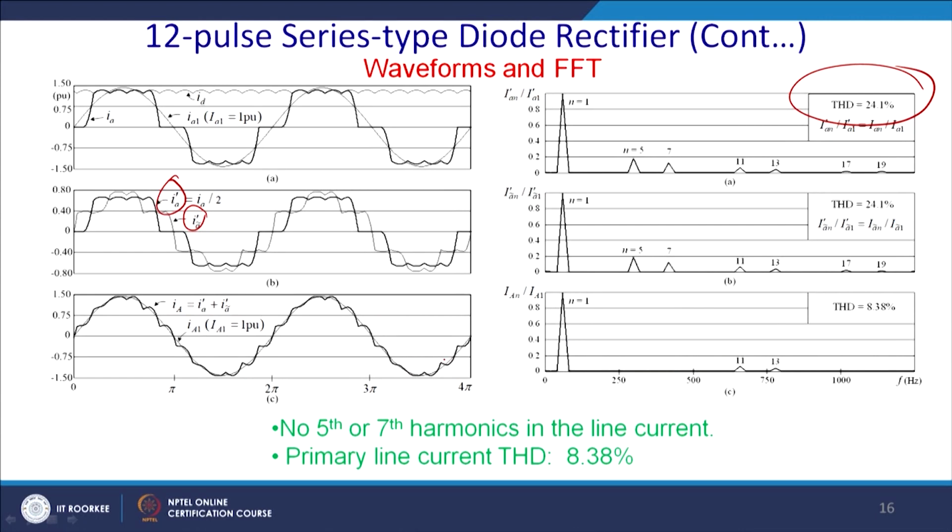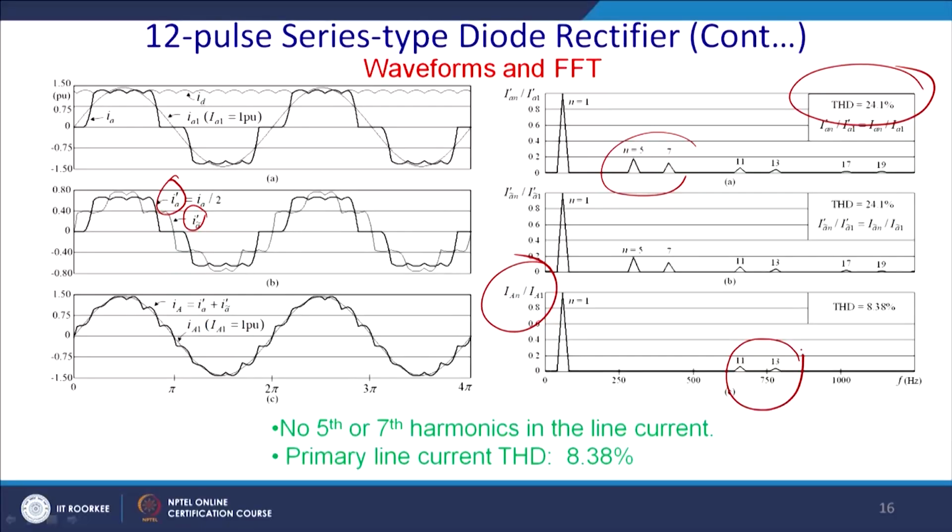And the current profile you can see is close to sinusoidal, and thus harmonic control is achieved. What you can find out is that there is no such harmonic content in the primary, because this is basically the IN 1 by A1, it contains fifth and 7th, it contains fifth and 7th, but in case of the input current, it does not have fifth and 7th harmonics. So, 6n plus or minus 1 harmonics are totally eliminated, you just have 11th and 13th harmonics and so on. Similarly, 17th and 19th harmonics are eliminated.